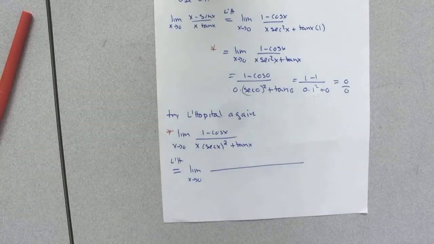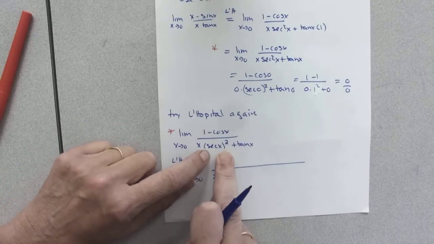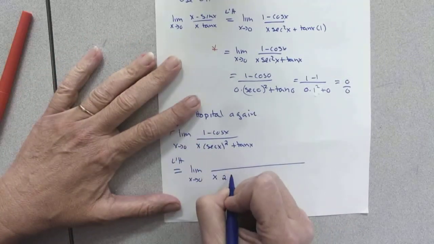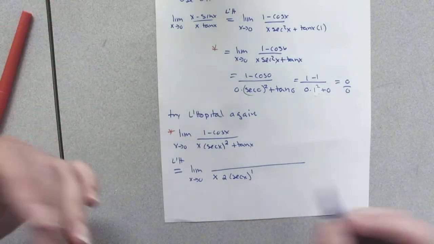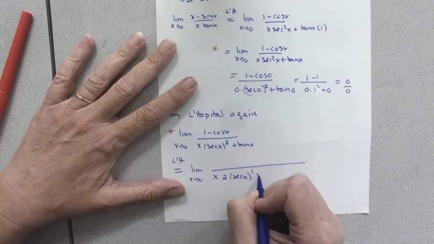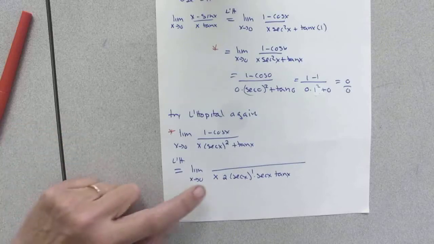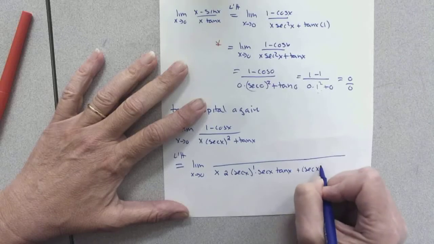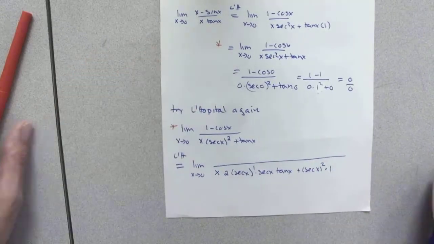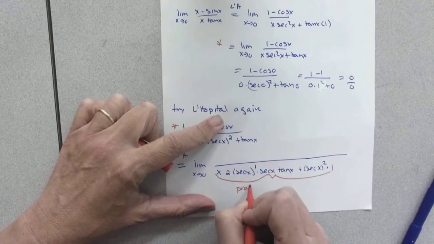Let's do the denominator first because it's going to be a hard one. A product rule there at first. Plane first, derivative second. So I'm doing the secant squared, chain rule. Multiply by that exponent, decrease the exponent by 1, times the derivative of the inside. Derivative of secant is secant tangent. So there's the first part of that product rule, plane first or the second, plus plane second, derivative of the first. So all of this was the product rule